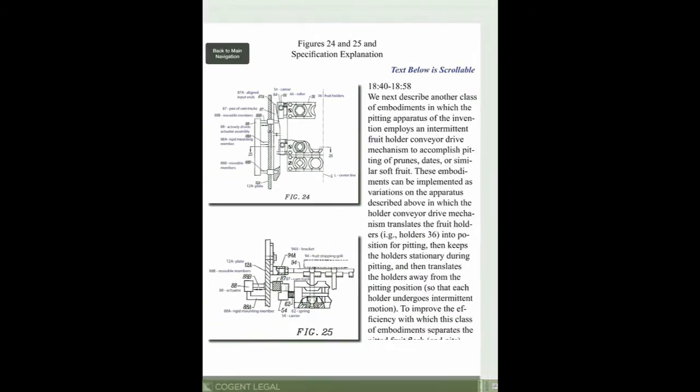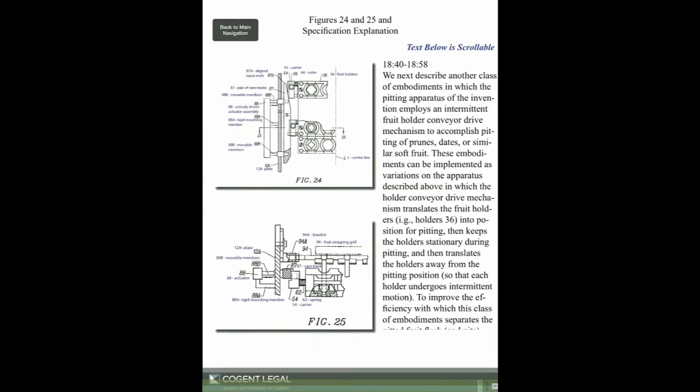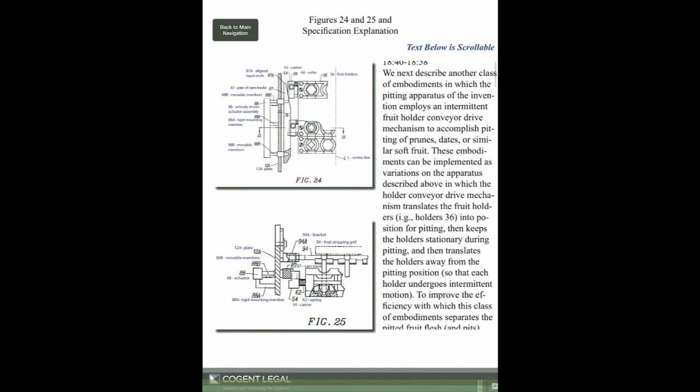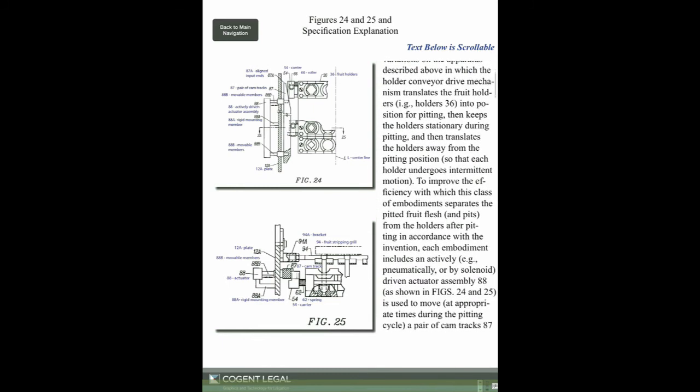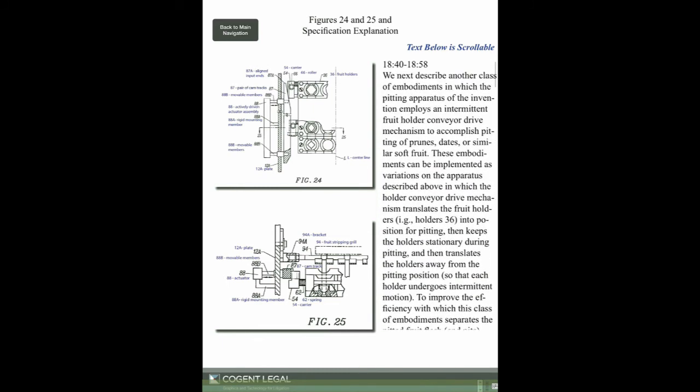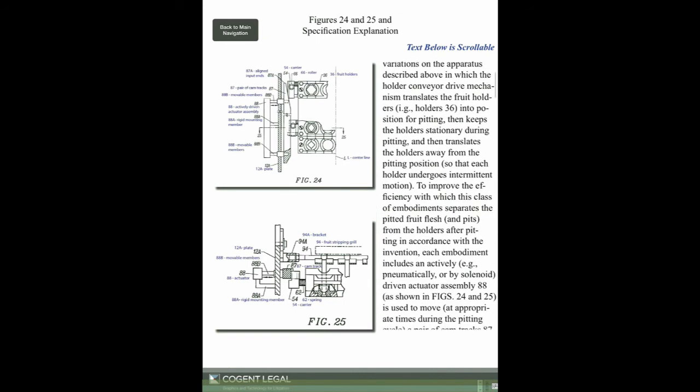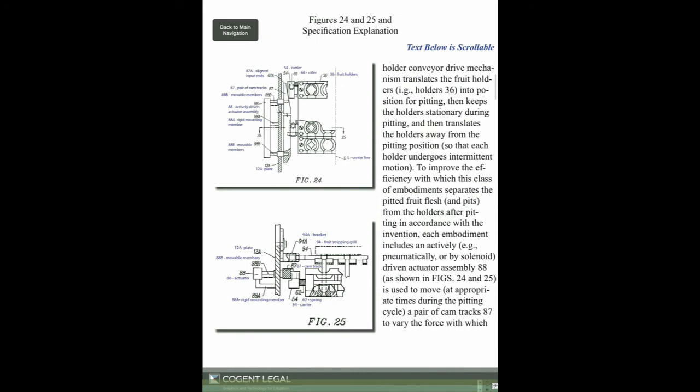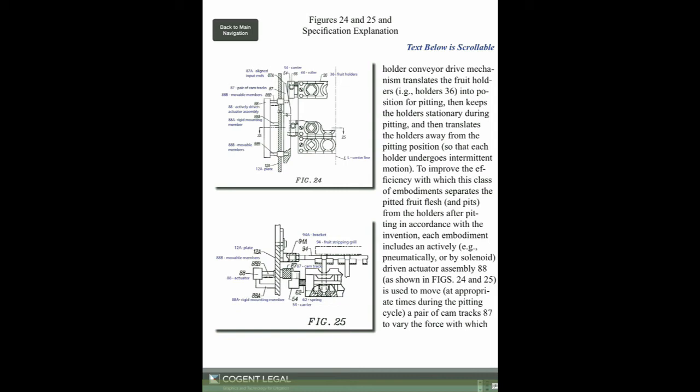The other thing that we've done in this is we've put side by side with the drawings the accompanying text in a scrollable format. So on the right hand side you can see I have column 18 starting at lines 40, the discussion of the patent. And if I can just drag my finger across it, I can scroll up and down. And I've got now to the top of the screen here that the conveyor drive mechanism translates the fruit holders,